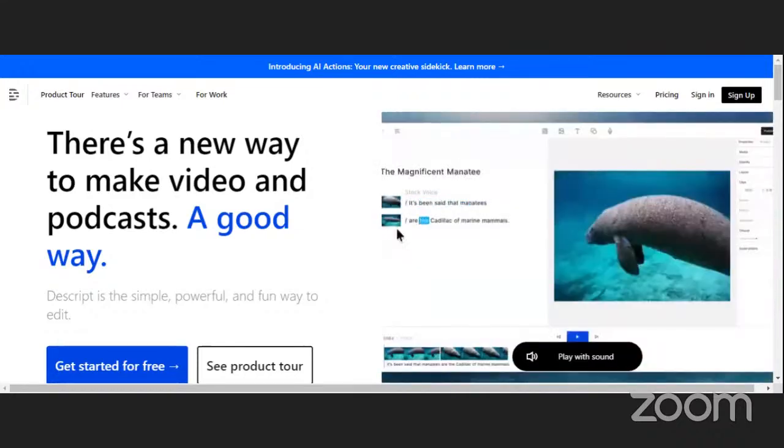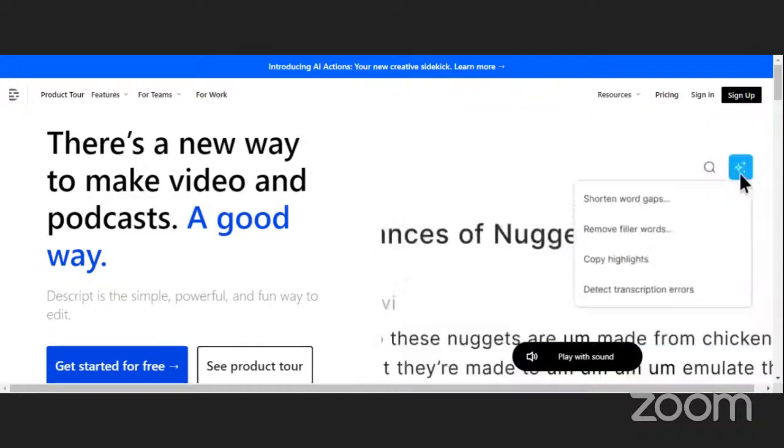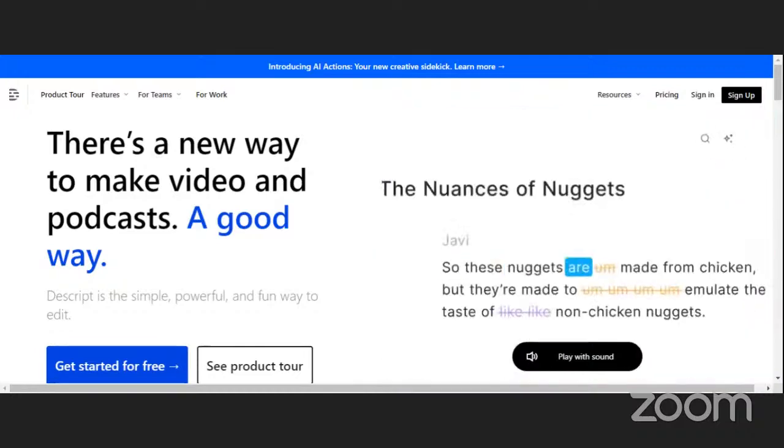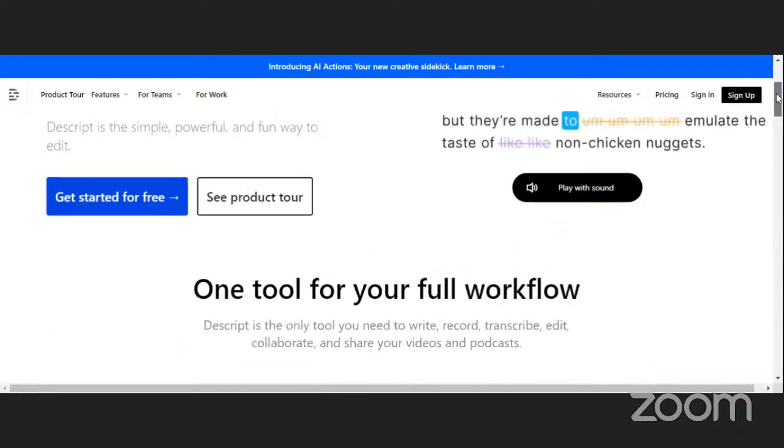I don't have an account in this, but let me see if I can log in using Google. Sign up for free. Also, you can download Descript and use it on your phone.